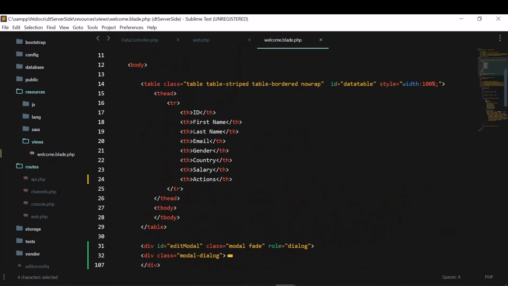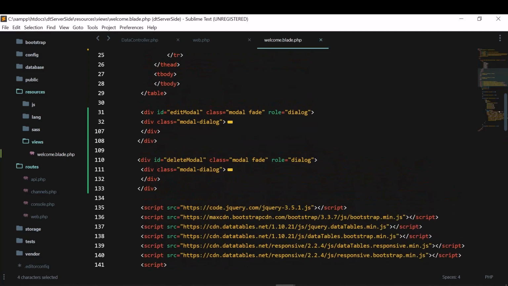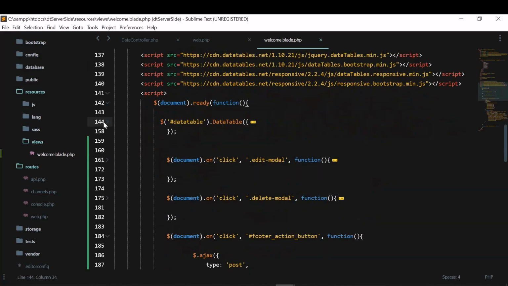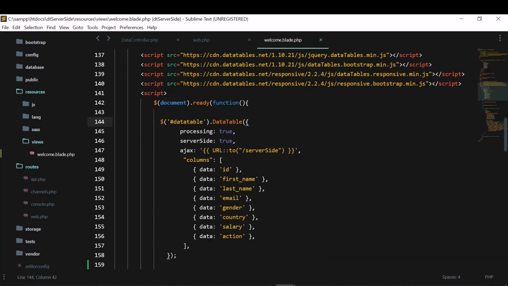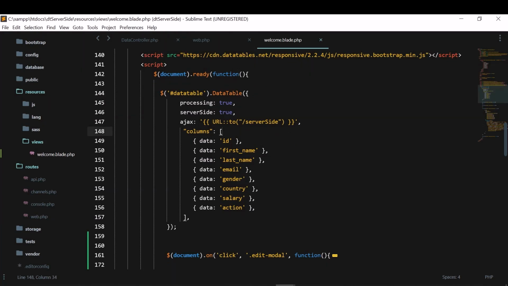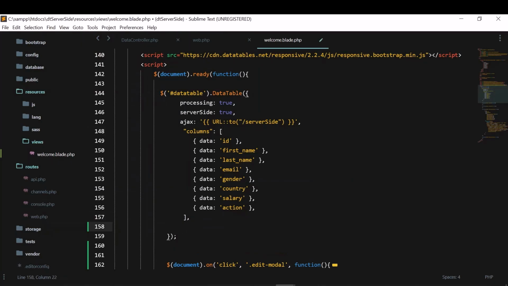So what you can do is, in data tables, when we are initializing those data tables here in this function, we can add IDs to a particular row. So I'll just add that and show it to you. After columns here, there is a function, something like a callback or observer. When this data table is processing and when the row is created, we can call that function, and it will have all the data. So then we can add an ID to that.